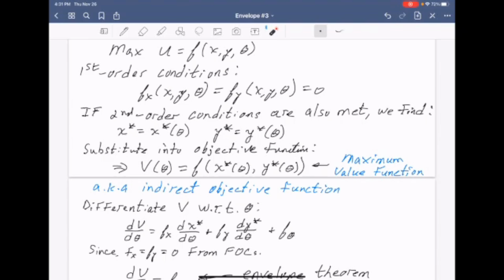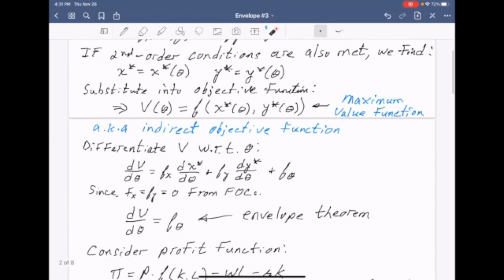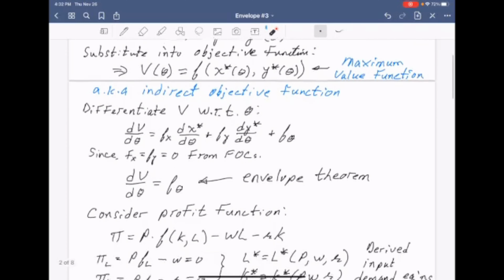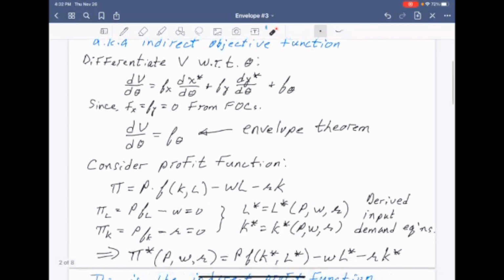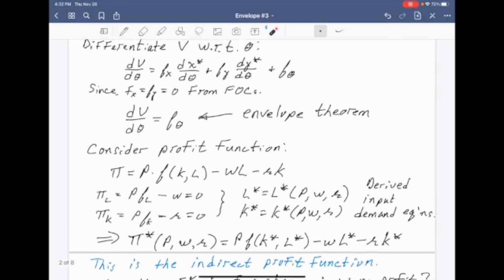ordinary demand functions. We substitute those back into the objective function and we get the maximum value function v as a function of theta, as shown here by the function as a function of the optimal x's and y's, which are now a function of these thetas. The value function is also known as the indirect objective function. So we want to differentiate v with respect to theta. And when we do that, we get